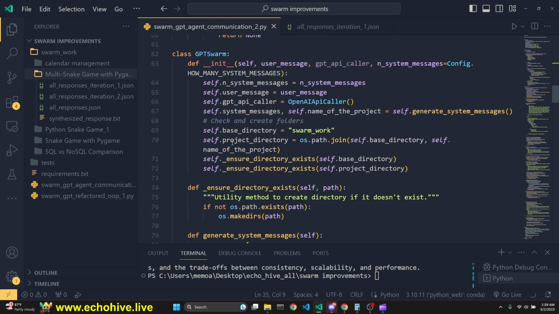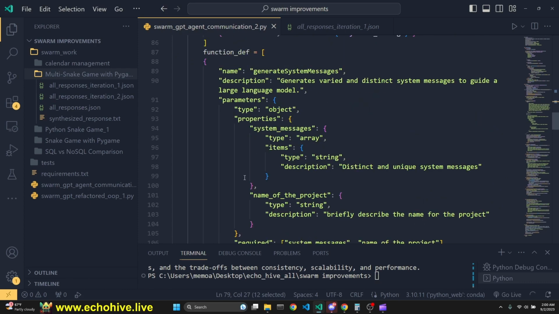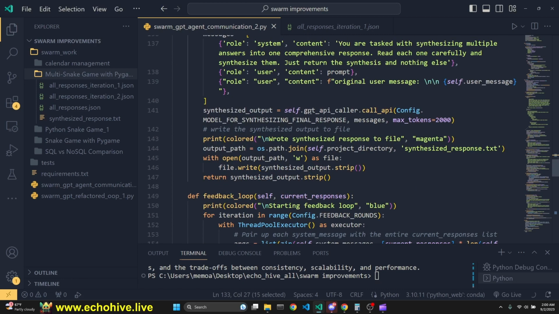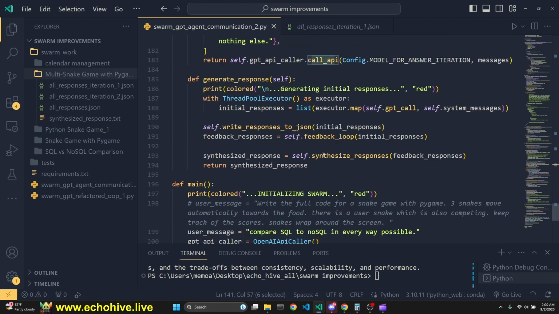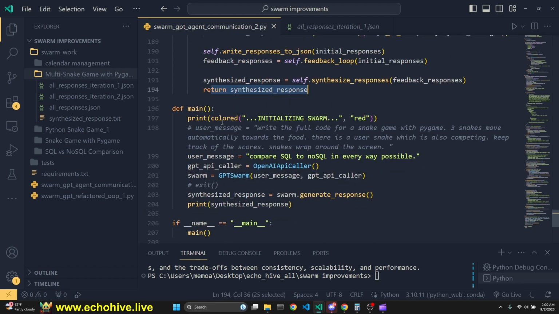Here in the GPT swarm, we are instantiating an instance of that class as the GPT API caller, and for all methods such as system message generation, original answer generation, iterative answer generation, or synthesizing responses, we use that class and call API method. And then we have the generate response with thread pool executor. We, again, get the initial responses, write the responses, get the feedback responses, and then the synthesized response, we return the synthesized response. In our main loop, we get the user message,